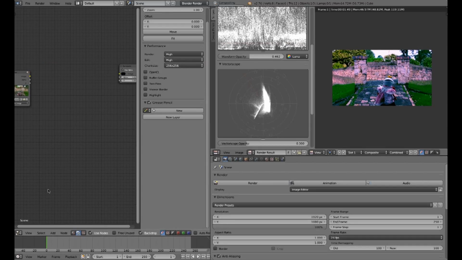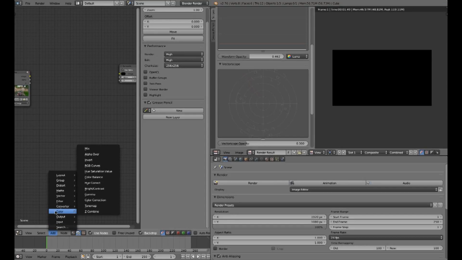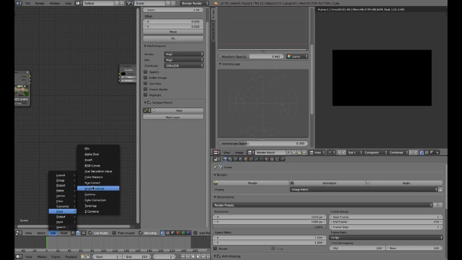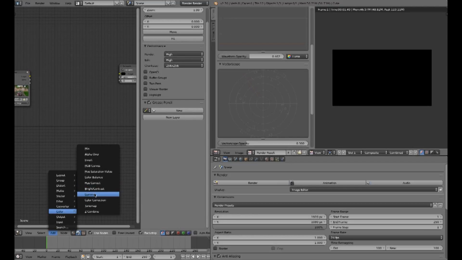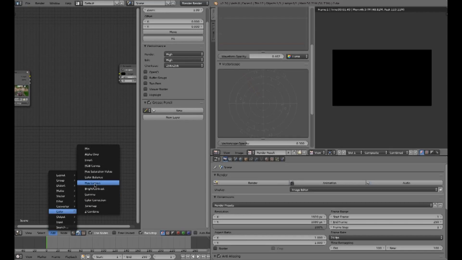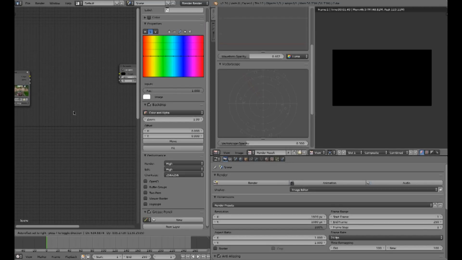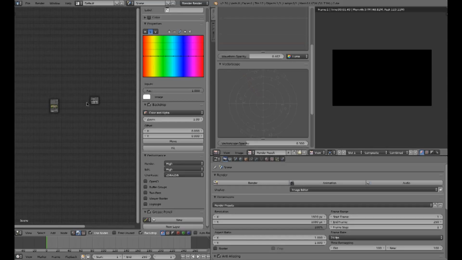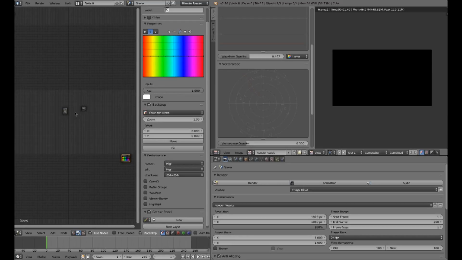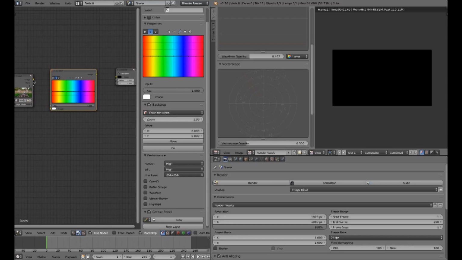Select and delete that. Now we're going to add the next one. The next one is the Hue Correct. The Hue Correct node, where did it go? Once we connect that one in,